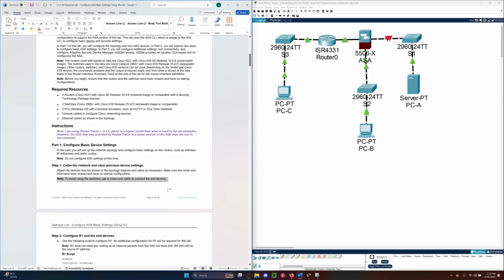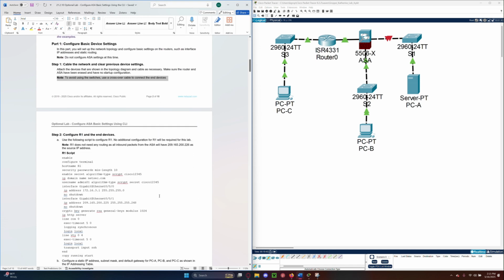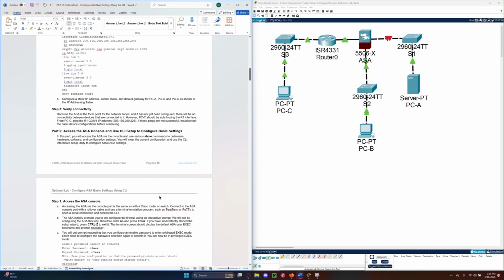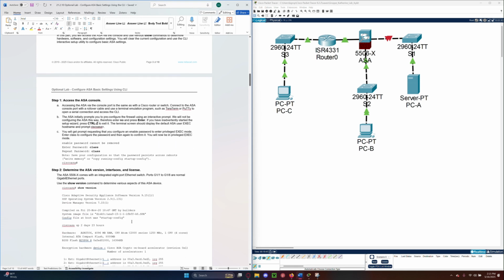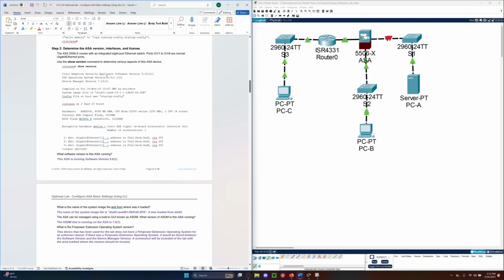I did experience a problem: while I am using a much more recent version of Packet Tracer than the lab has, the versions of the devices in the lab are lower than what is provided in the examples. So as you can see here, it says 2.9. My version, well,